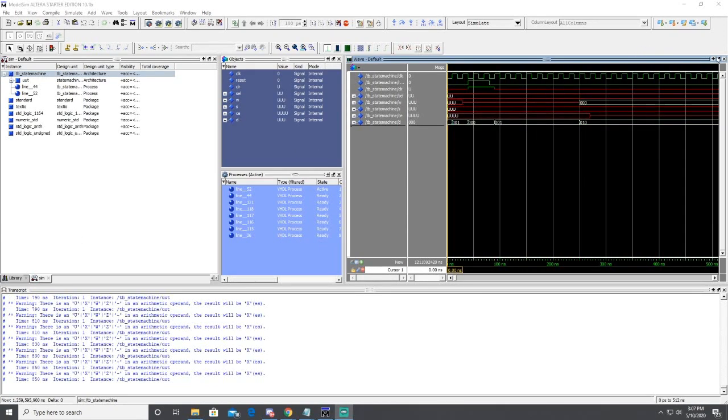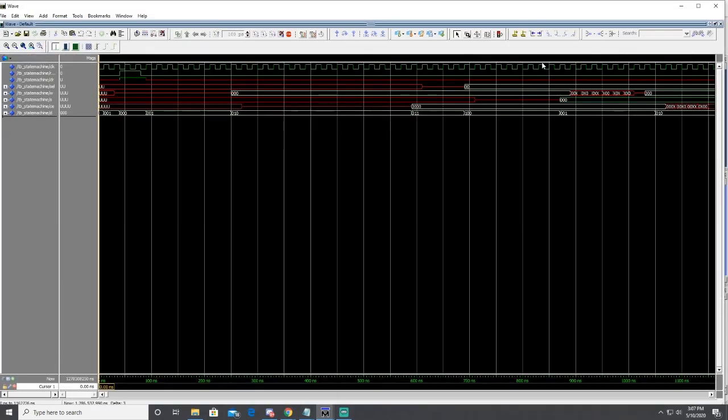This is my demo for part 2 of lab 4. It's not working 100%. I'm having some issues that I wasn't able to resolve, but this is what I have. We'll start off, you'll see I actually had a signal D, so we know what state we're in. Started off at state 0,